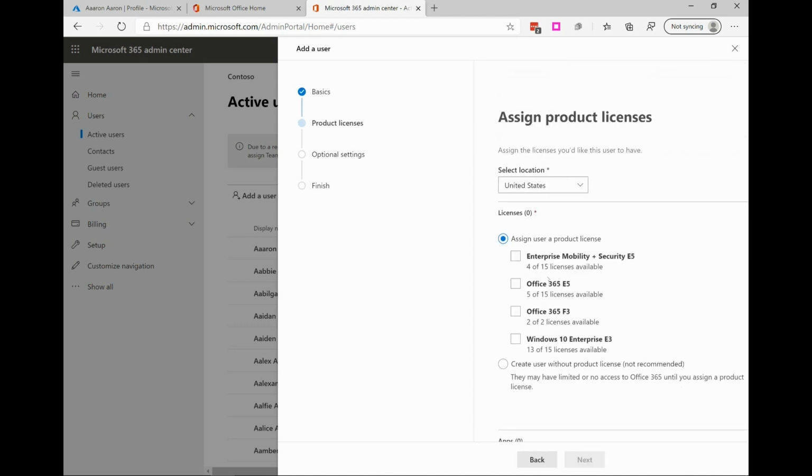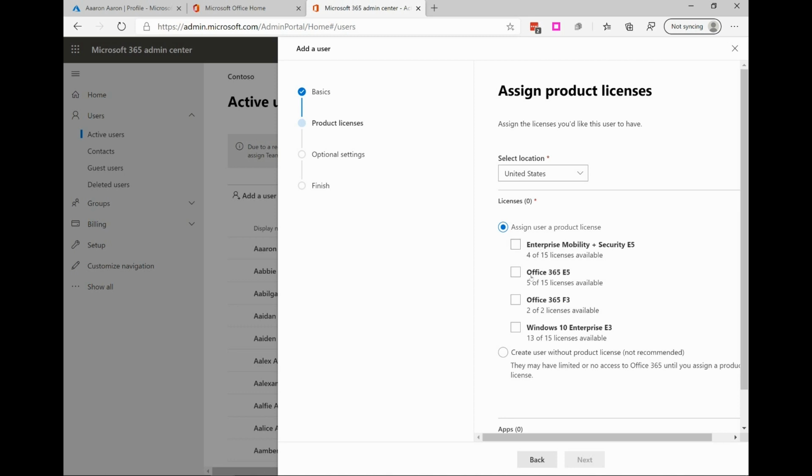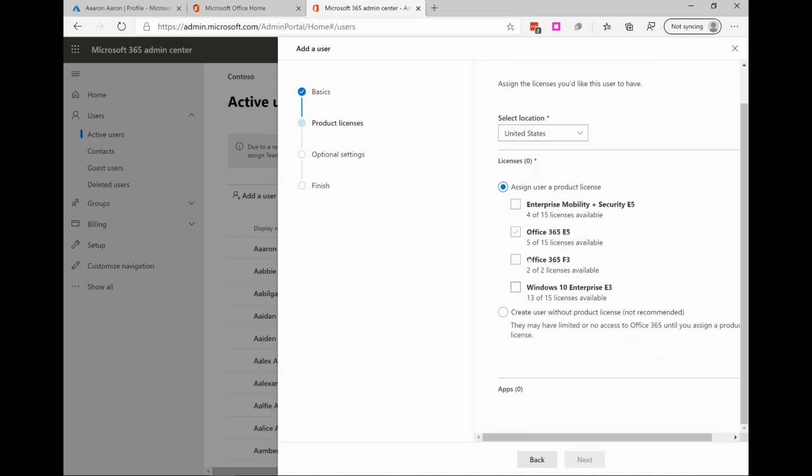We would click next. This is where we could assign some of our product licenses and all that, okay, if I wanted to. So notice you can do a few more things here. This is why I say that the Microsoft 365 portal is a little bit more intuitive than what we had on the Azure portal. But as you'll get into the Azure portal and you start editing the user, you can do a lot there. There's a few more advanced features. Okay, so I could also choose not to license a product to this user right now if I want. Notice that it makes me choose a